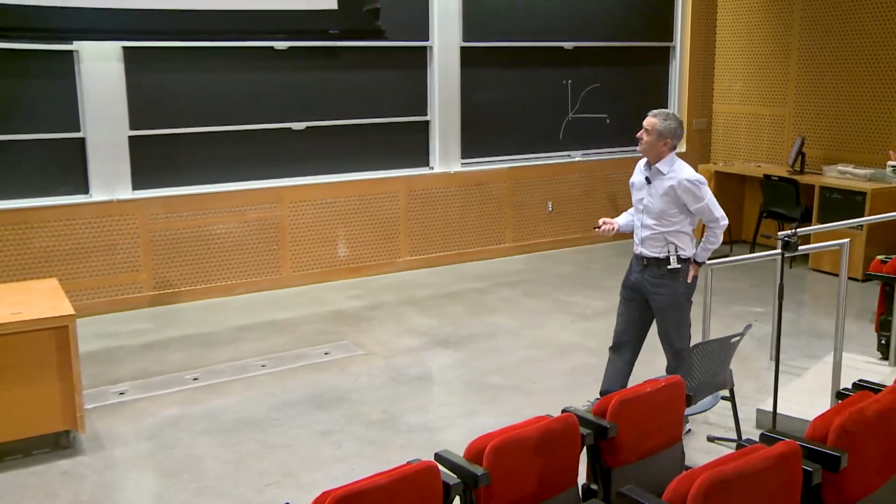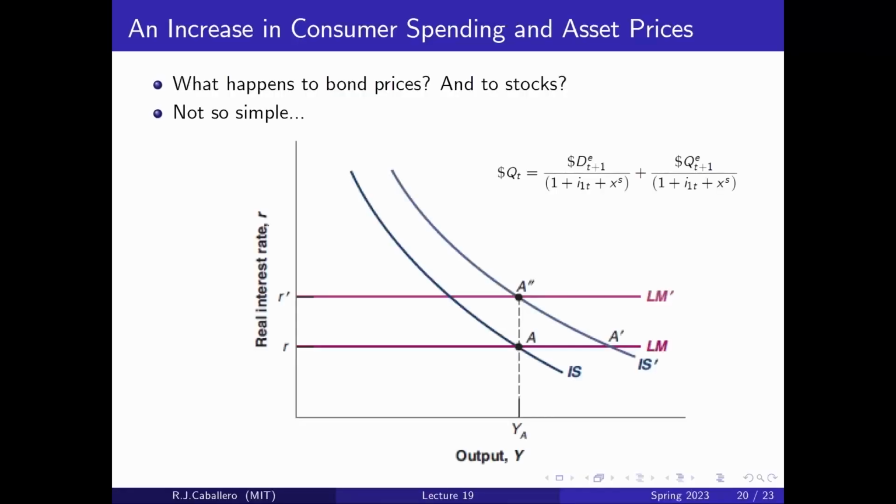And again, I think that's a little too complicated for you for now. What is the effect of an increase in consumer spending on asset prices? Well, that depends. I mean, it's clear that if consumers become more bullish, that's going to tend to lead to